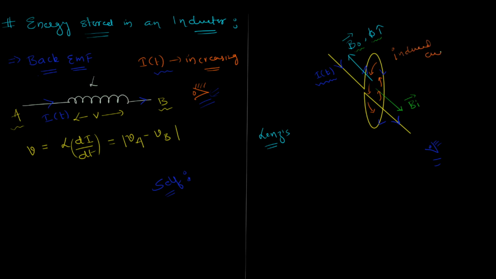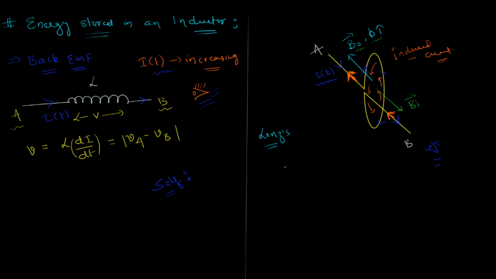Induced current. And wait a minute, I'll just go ahead and also draw the induced current's direction in the actual wire itself. So please focus on these orange color arrows here. I should have chosen some other color maybe, but I'm trying to make them bold. So induced current is in fact in the direction opposite to the existing current. And clearly, if I were to name A and B for this wire right here, this would be the A end and this would be the B end.